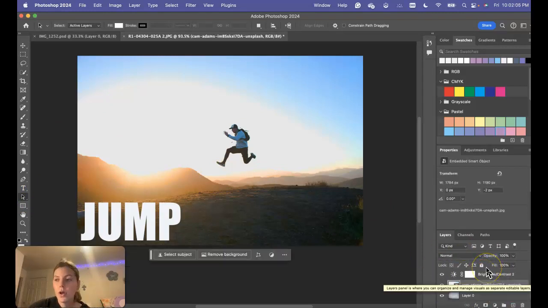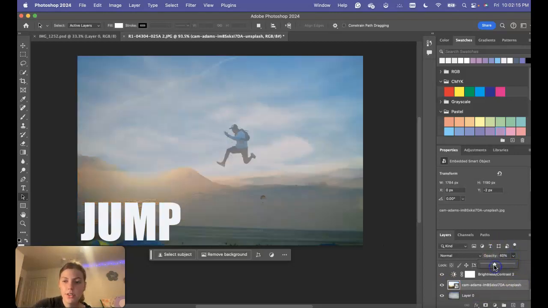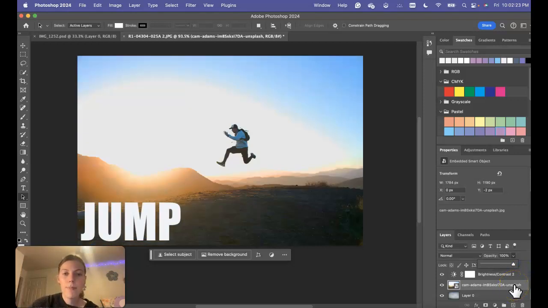I'm going to show you all how to do some blending modes with your photos to make them blend together. So one easy way to do that, you can just change the opacity of a photo by decreasing it to make the photos blend together, but I'm going to have them blend in a different mode. So I'm going to click on the photo that I want to have blended,